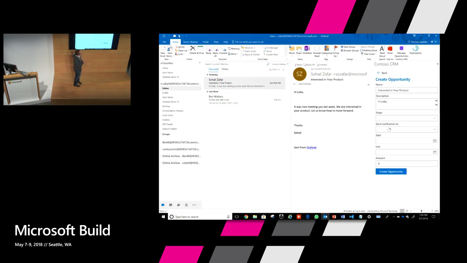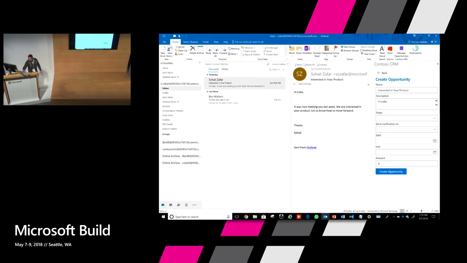Using this capability, the CRM add-in is able to get the Office 365 identity of Lydia, and then map this identity to the identity that Contoso CRM has. This identity is exposed as a JavaScript API. As I said earlier, the add-in gets access to the Office.js API, and this getAccessTokenAsync API is part of the Office.js library.